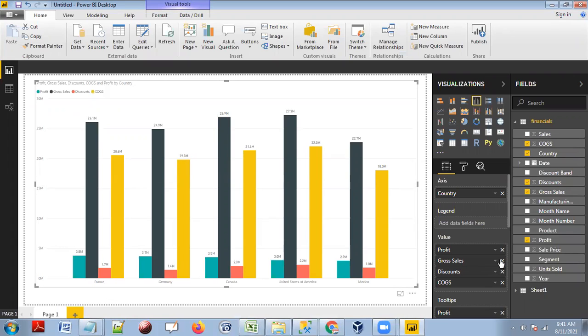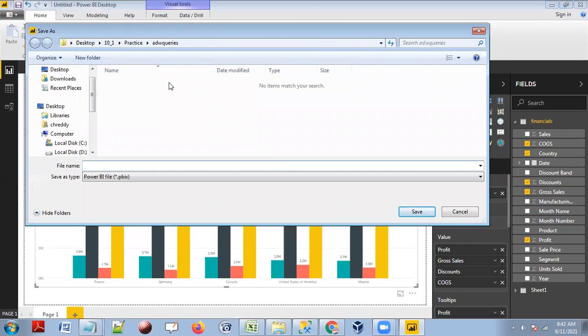In that case, we should not put multiple values, guys. Only one fact. When we are using a legend, which is nothing but one more dimension, then we can't put multiple values. When you are using multiple values, you can't put a legend here. It will not take, even if you try to put it here. So this is what, guys, and in the next session, that is tomorrow, I will talk more about this.